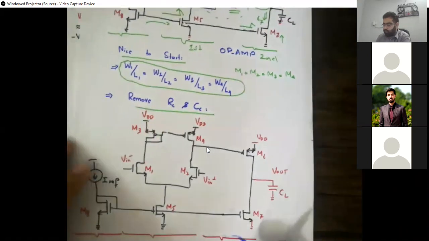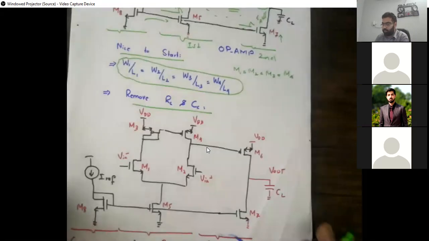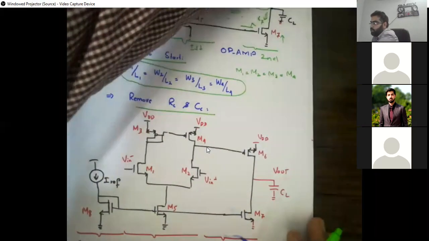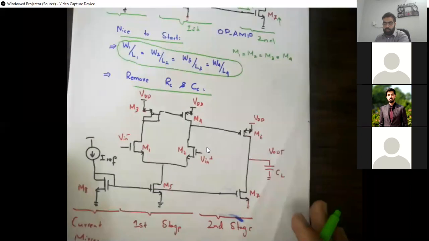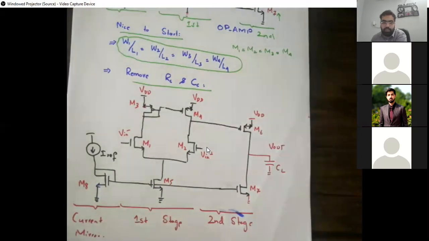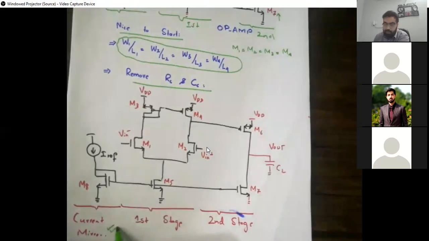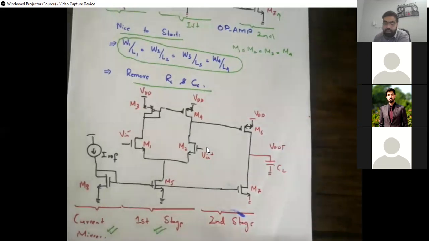So our system is going to something which is visible. Okay, all of you can see this one. So we have this circuit now, the same circuit, just with the resistor and capacitor removed. Everything else is same. Okay, so we have current mirror here. We have first stage, which is a differential stage, but a common source, and we have a second. Okay. So अब इस circuit को analyze करना start करते हैं. If anyone has question till now, they can ask. Otherwise, we will start analyzing the circuit.